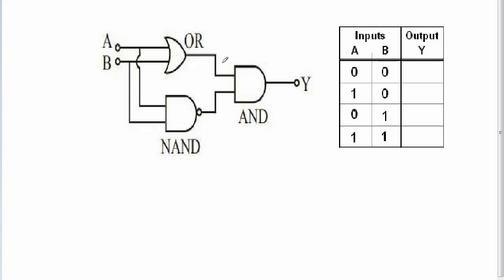First we give input as 0 0. Let us take both the inputs as 0 0. So this is 0 and this is also 0. For 0 0, the output of OR becomes 0. But for the NAND gate, even if a single input is 0, the output becomes 1. So this is 1, and this 0 and 1 go to the AND gate. The rule for the AND gate is, even if a single input is 0, the output becomes 0. So for the first combination 0 0, we get 0.